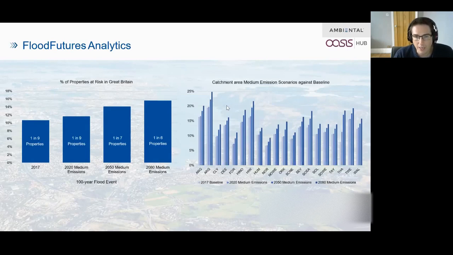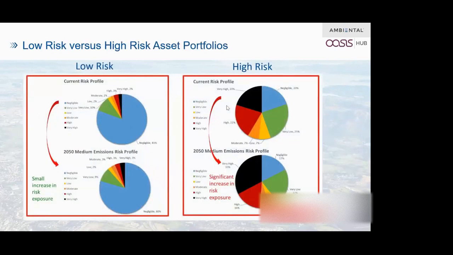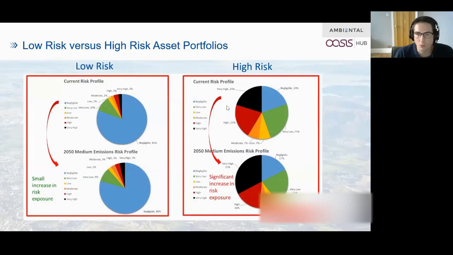But if you look at that in more detail, what you find is much of that is basically the surface water model and very shallow depths. So a better way of looking at that is looking at risk, so bringing damage into the equation. So if you go to the next slide, this is how we tend to do it, for example, for insurance companies. So we can imagine these as 2 insurance company portfolios.